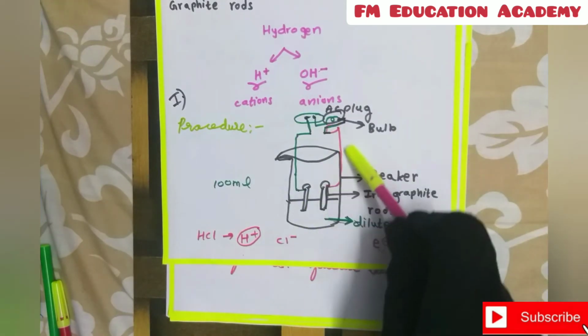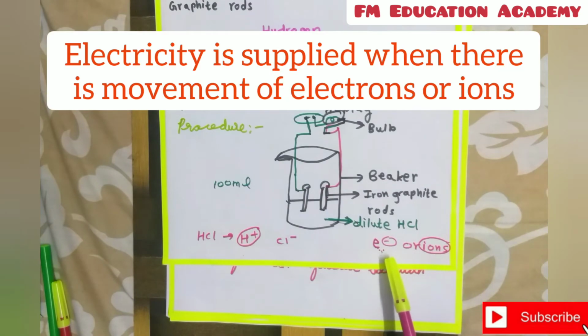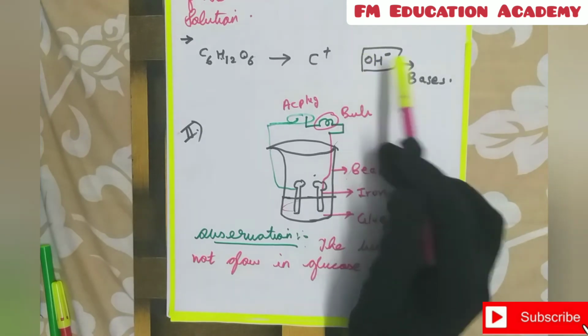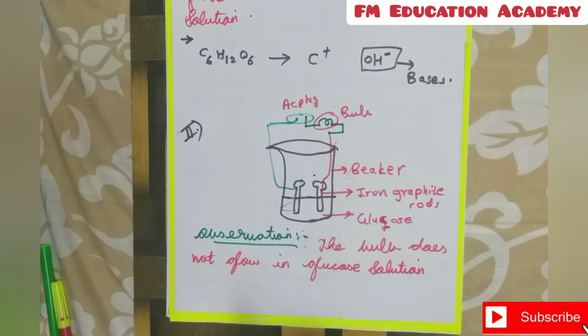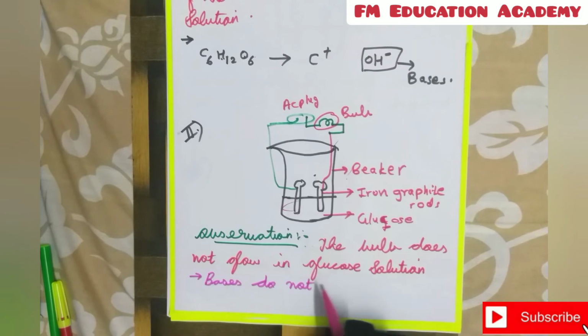In our previous case, that is an HCl solution, the H plus ions were moving throughout the circuit. As the H plus ions were moving throughout the circuit, the bulb was glowing, because we know that electricity is supplied when there is movement of electrons or when there is movement of ions. And in ions also, the cations should be moving. The OH minus ions do not move. We can say the bulb does not glow, and we got one more conclusion that bases do not conduct electricity